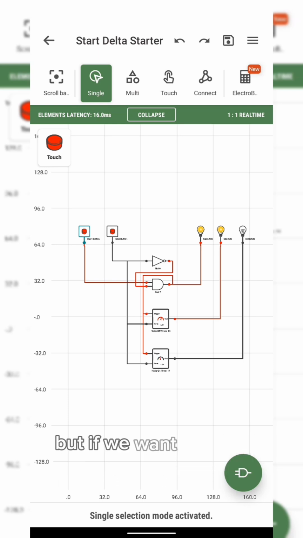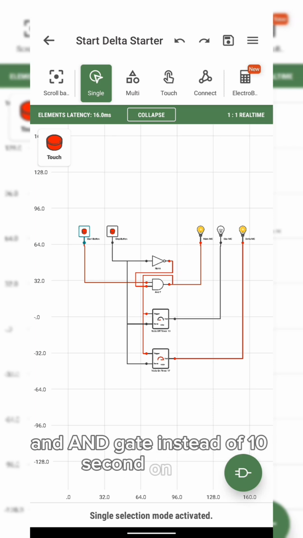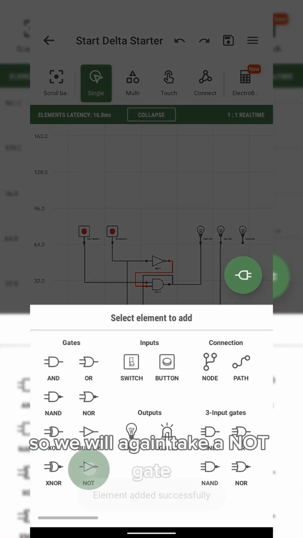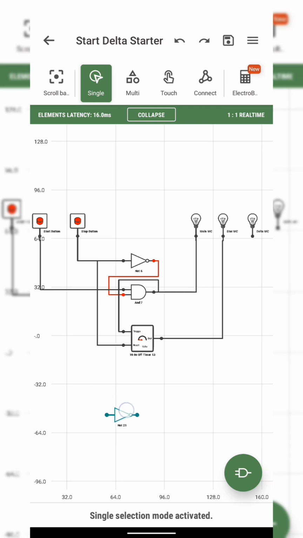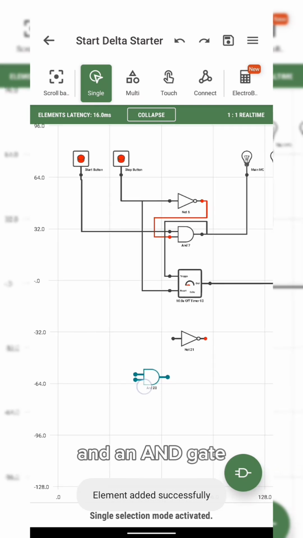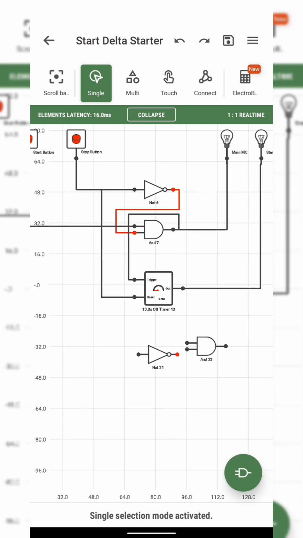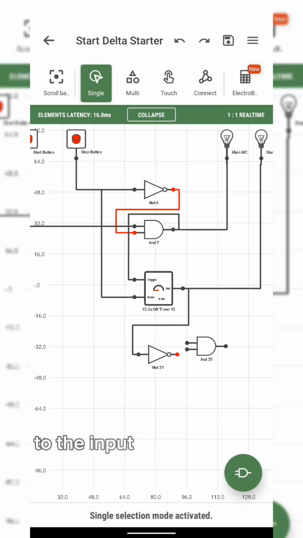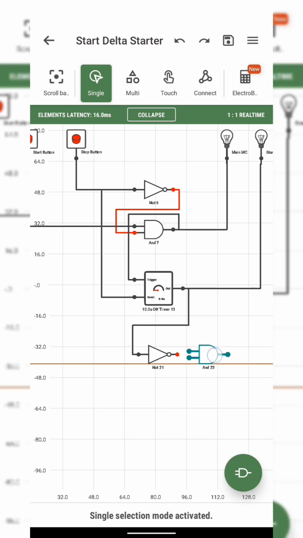But if we want, we can create a normally open contact of a 10-second off timer using NOT gate and AND gate instead of 10-second on timer. So we will again take a NOT gate and an AND gate. Then we will connect the output terminal of the timer to the input terminal of the NOT gate.